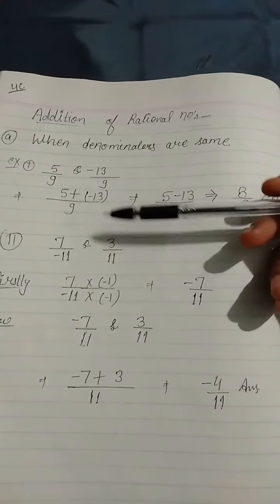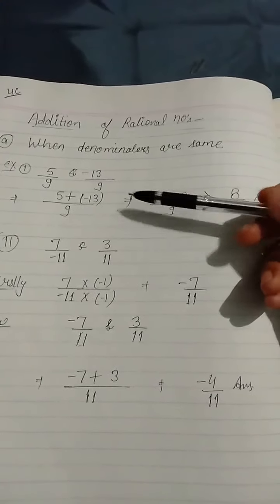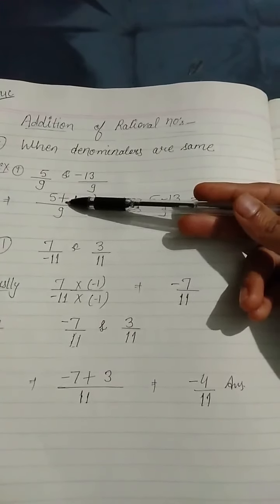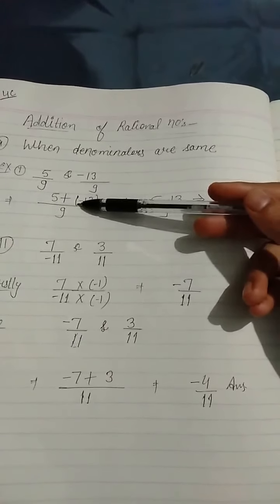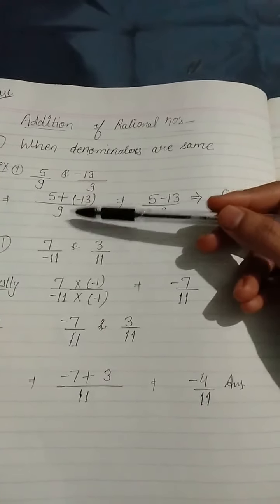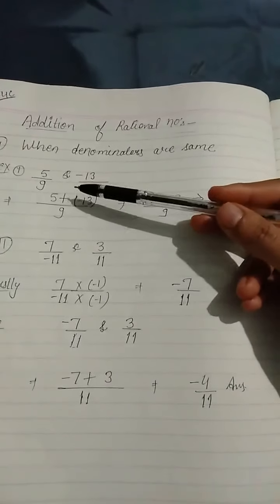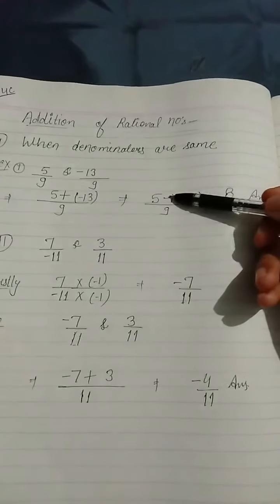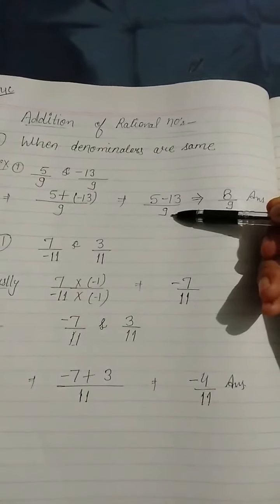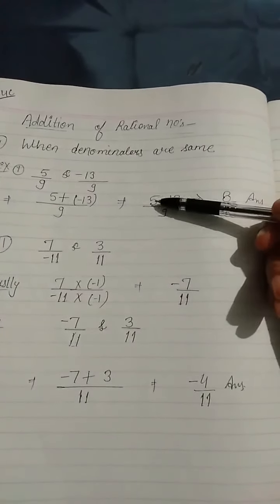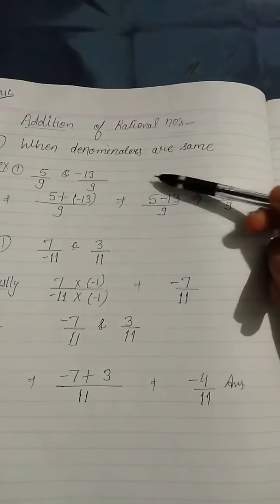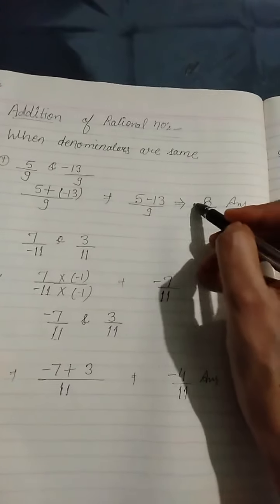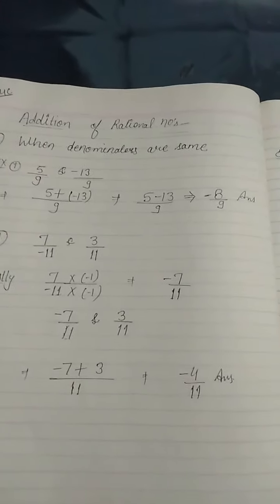9. So to add those numbers, we can write 5 in the numerator, and we will write plus minus 13, and in the denominator we can directly write 9. So 5 is 5. When this plus will multiply with minus 13, this will be plus and minus, minus. So 5 minus 13 upon 9. Now we already know if one term is negative and one is positive, there will be subtraction. So 5 will subtract from 13. So this will become minus 8 upon 9.